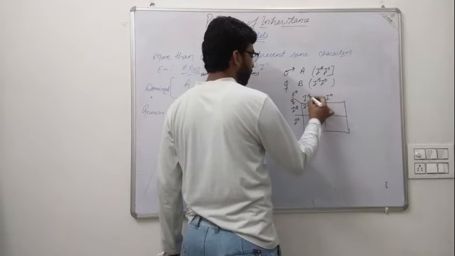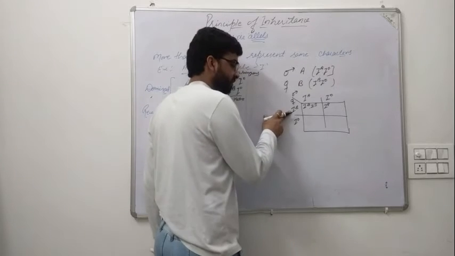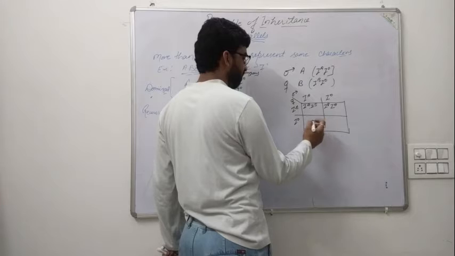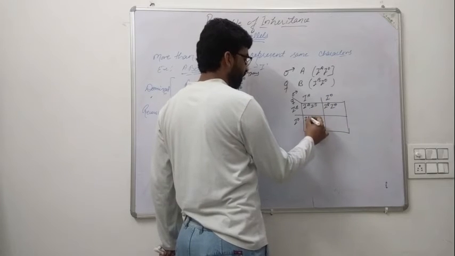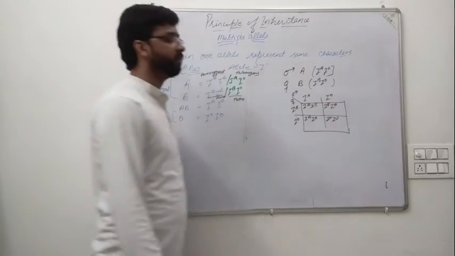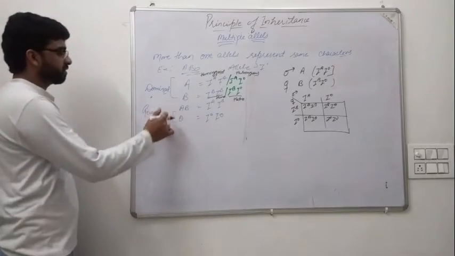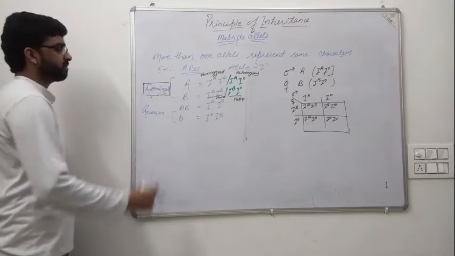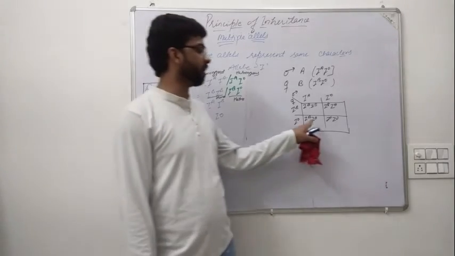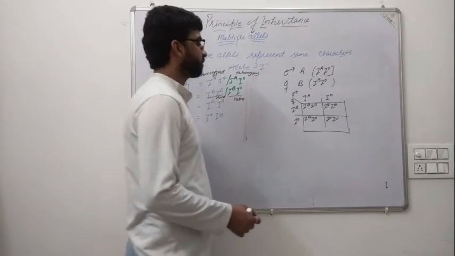IAIB, IAIB. Here IB for that case and IO for the other, that is IAIO, IOIO. Here we write IB firstly, here we write IA firstly, because we know very well that in these conditions the dominant alleles are A and B, and O is always recessive. So we write O just after the dominant character.